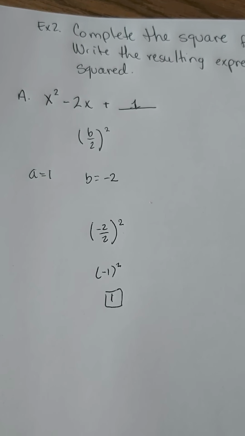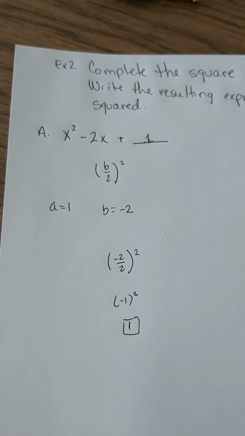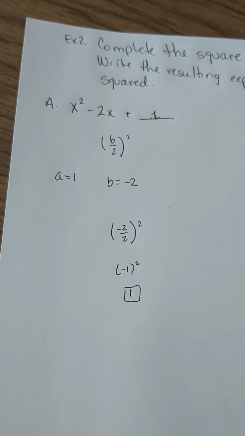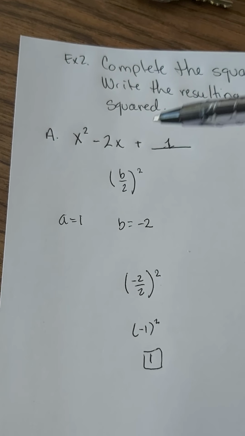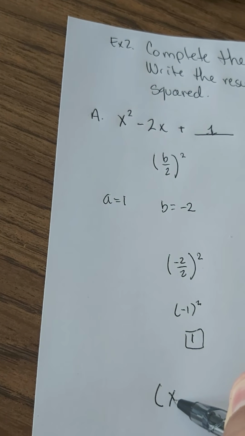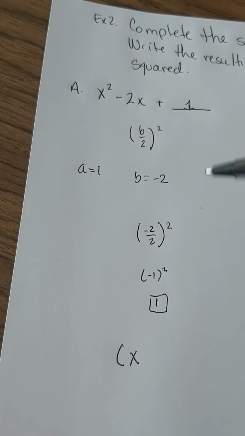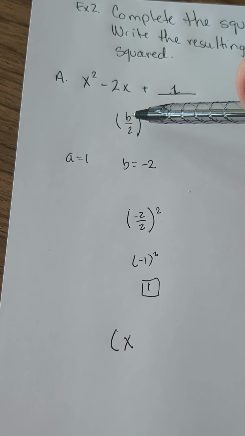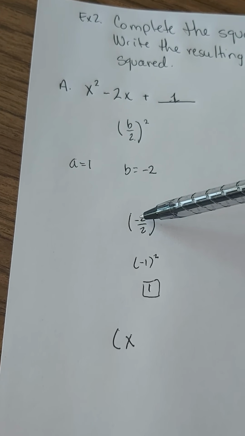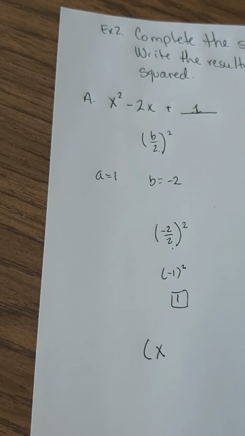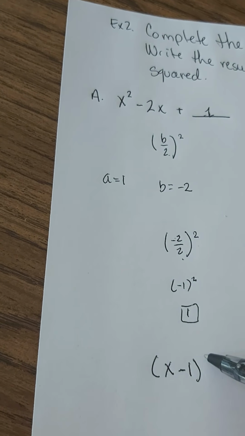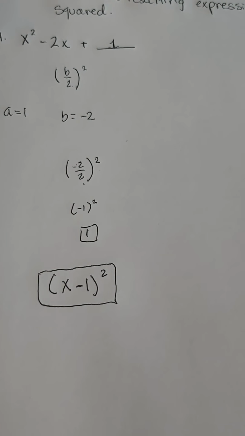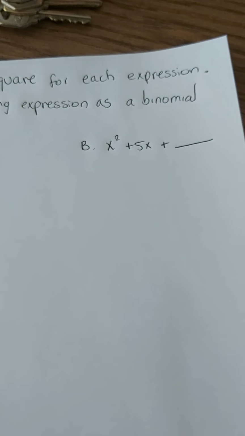Now, after we finish doing that, we have to write the expression as a binomial squared. Note how simple it is. x, the term we're looking for will be half of b. Half of negative 2 equals negative 1, so that means x minus 1 squared. And that will be our binomial squared. Now, if we look at part B,